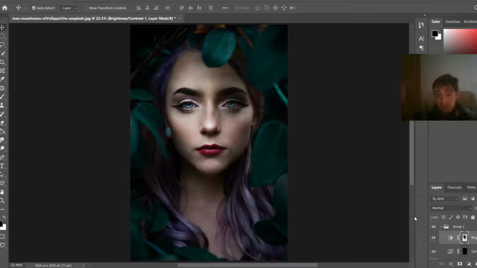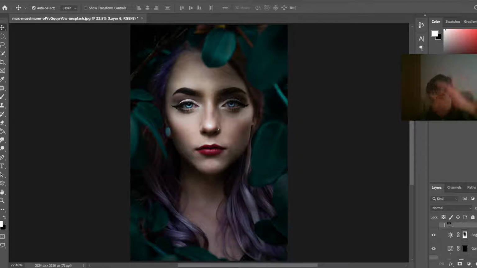I want to combine everything, right? If I want to combine all of these layers into one layer without destroying the other layers, to merge everything and not have the rest of the layers, I know you didn't understand any of that, but just follow what I'm saying. Just press Control Shift Alt E, and you will see that you have a new layer, layer number 6. This layer contains all the layers above it, and in this layer,